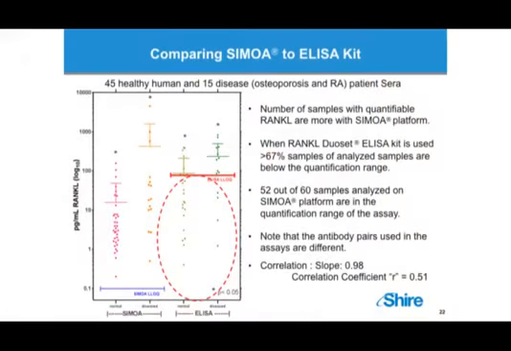Next step comes to actual comparison, how good it is with ELISA when it comes to real samples. So here we studied 45 healthy human sera and 15 disease sera. Out of 15, we have both osteoporosis and RA patient sera here. And you have a lot of data here. What I wanted to show you is on the left two, these are normal and diseased RANKL concentrations in picograms per ml on SIMOA. And here you have the ELISA kit, that DioCert ELISA kit that I was testing earlier. And the blue bar shows the LLOQ of SIMOA, what we are getting, and the red bar is LLOQ of ELISA